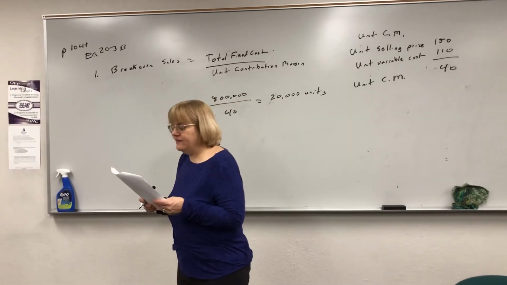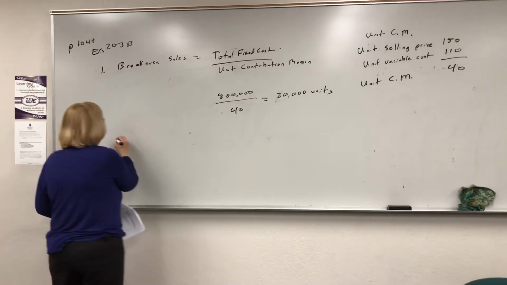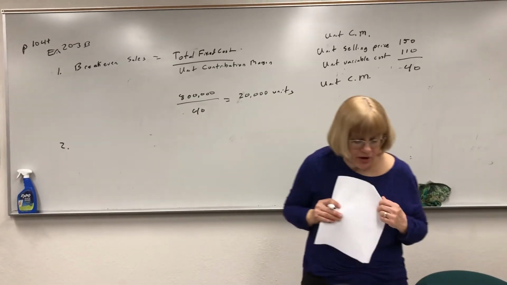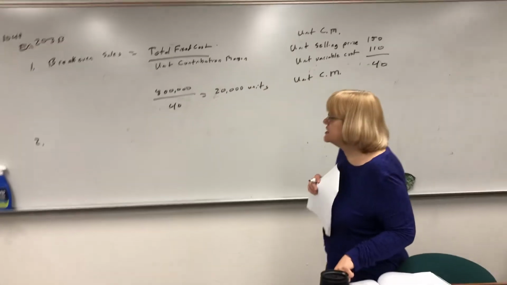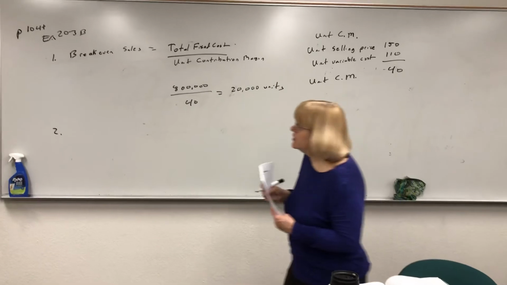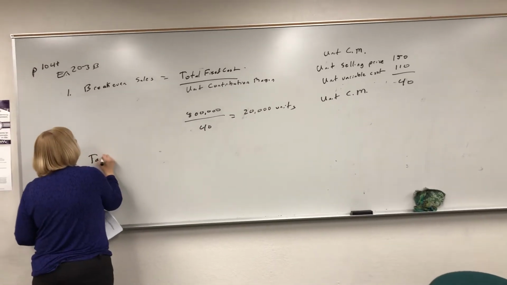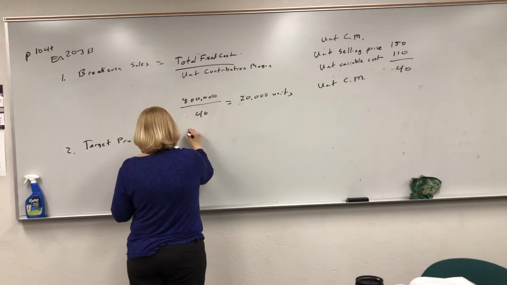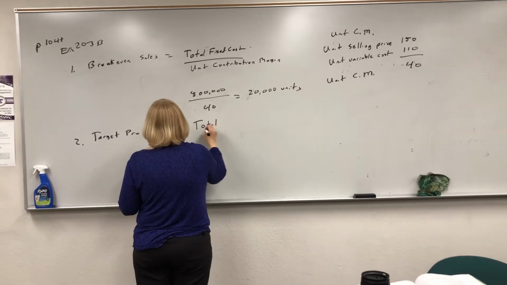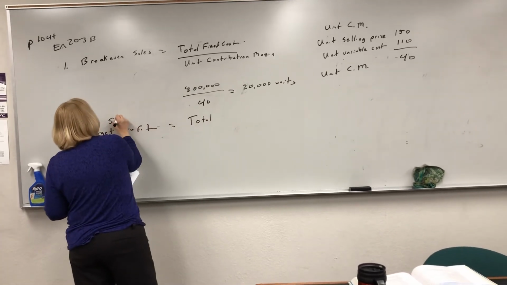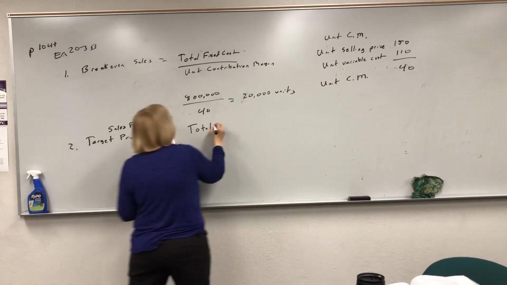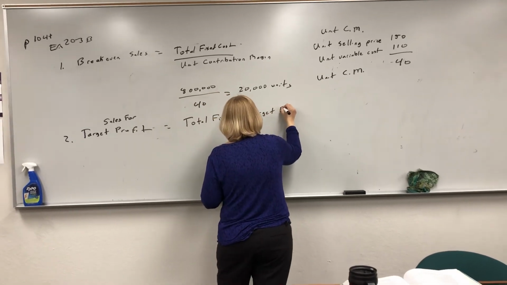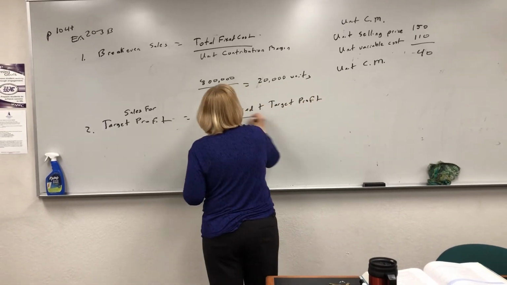Okay. The next question asks, what about their target profit? Of course, most companies don't want to break even; they want to make a profit. So what do we do to calculate target profit? Well, it's a very similar formula. So you have sales for target profit equals total fixed cost, and this time plus target profit. Once again, divided by